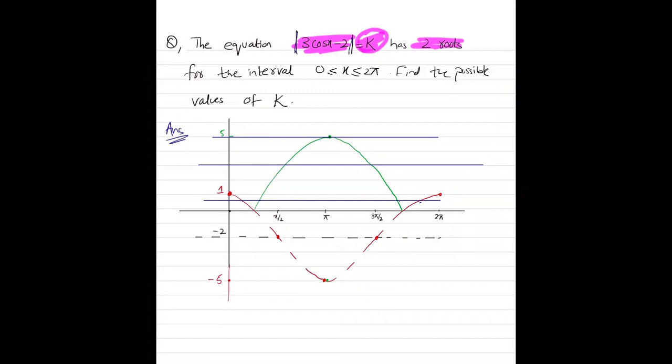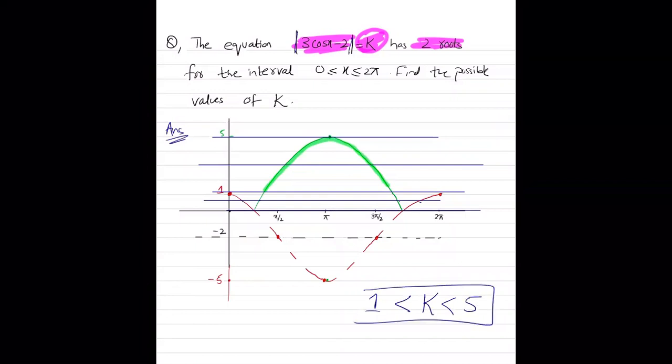But for all the values between 1 and 5, even at 1, it's going to intersect at 4 points, right? If the value of k was 0, there are going to be two intersection points, two roots. It's only between the values of 1 and 5 that there are only two roots. Even 1 and 5 are not included, but if the k value is greater than 1 and less than 5, the solution will have two roots.